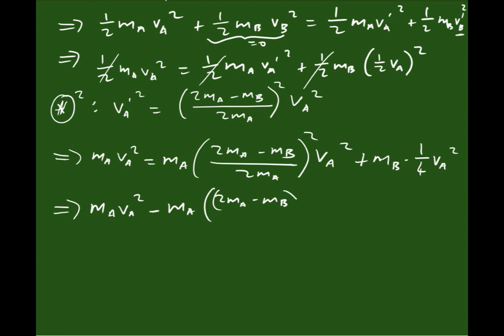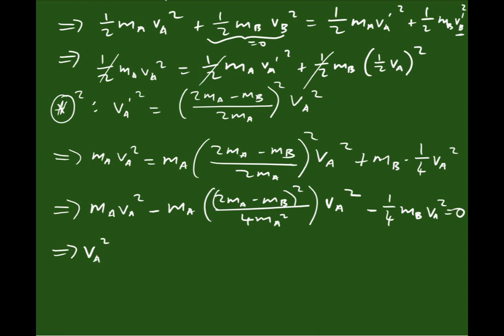Let me make this thing squared, and then the bottom is 4MA squared, and then VA squared, and then it's minus a quarter MB VA squared, and this is equal to 0. So we moved everything to one side. So we can factor out the VA squared,